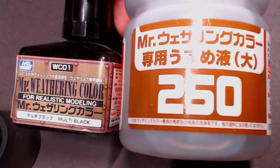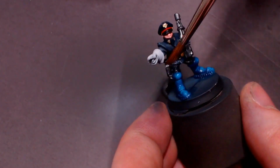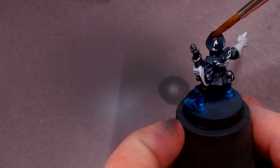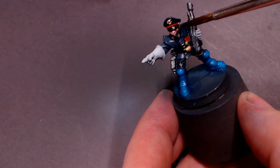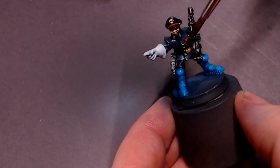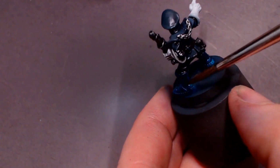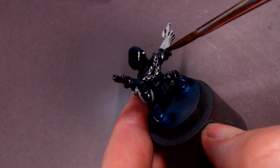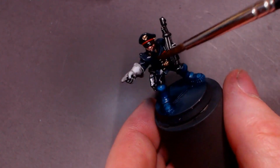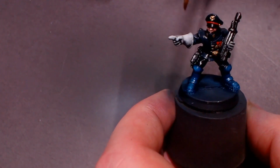And for the wash, we're going to use this Mr. Weathering Color Multi-Black and solvent that goes along with it. Not only is this a really cool oil wash product, but it also dries really quickly, and it's going to give us that sort of bold black line art look that goes along with the kind of cartooniness of this model. The tech here is just to dip your brush in the solvent and paint a thin coat of that all over the model, and then come back with your brush loaded up with the multi-black and do an all over wash. And it will be kind of heavily stained and spotty, but the cool thing is that